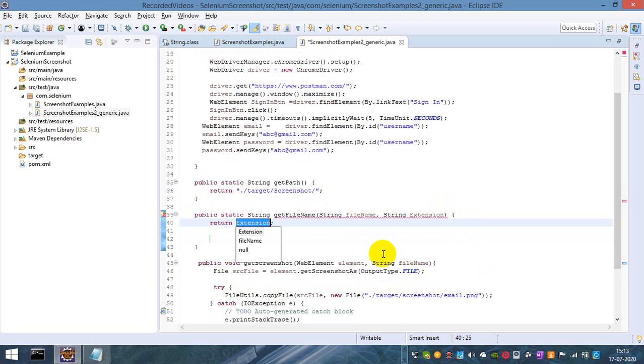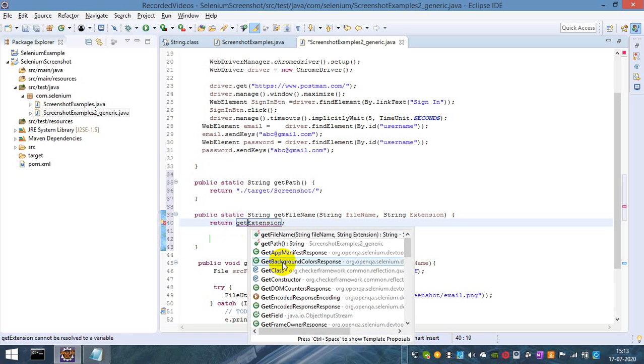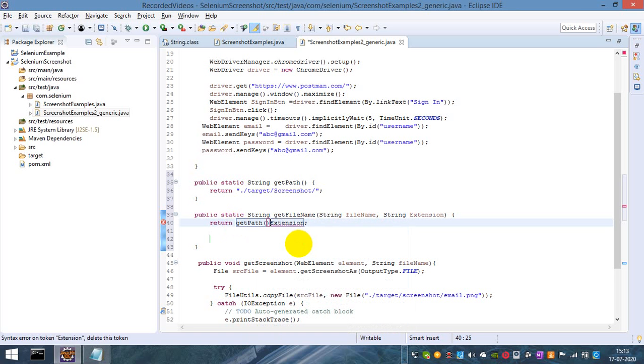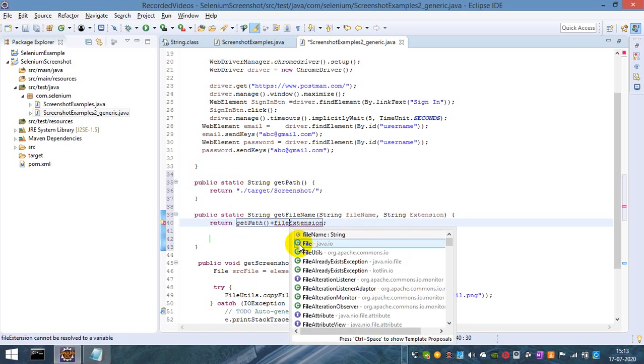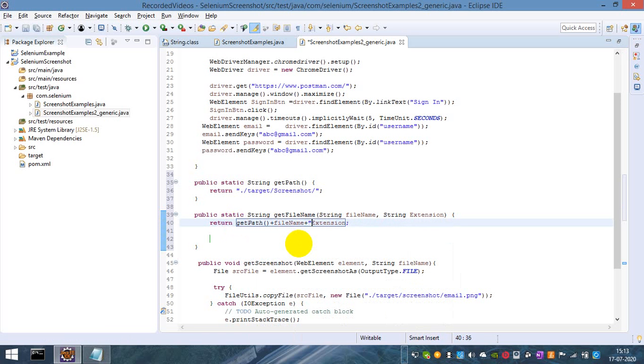Returning at the return statement, I return the getPath method plus my file name plus my extension parameter.